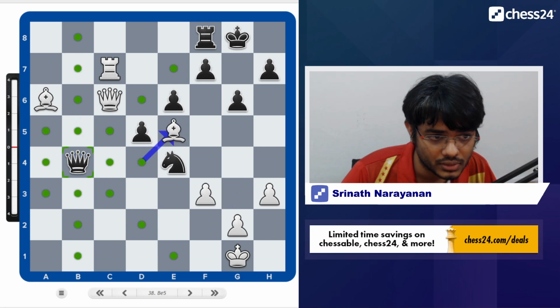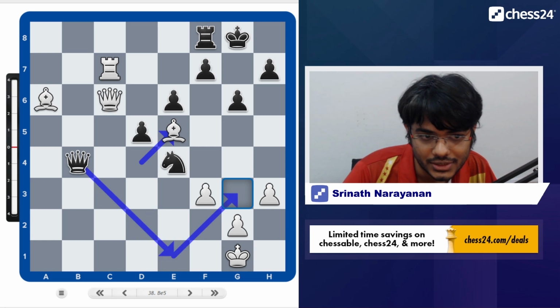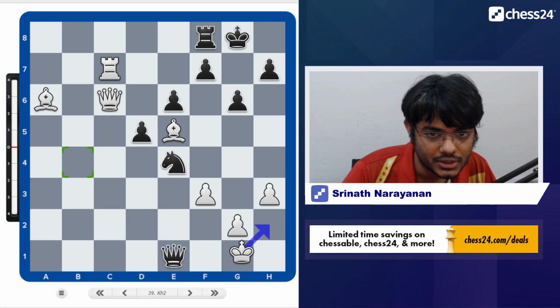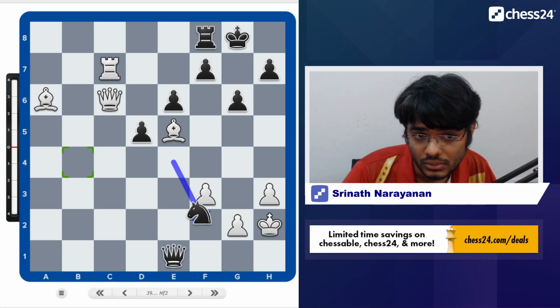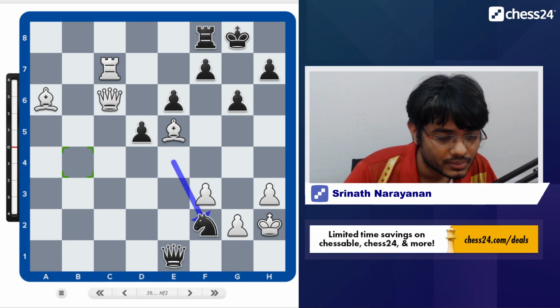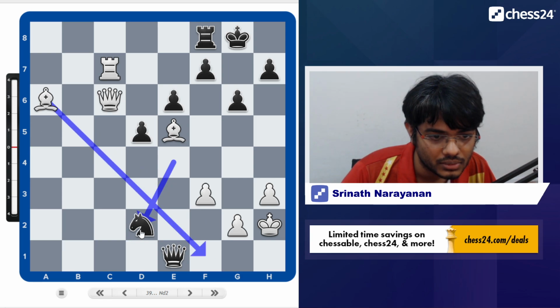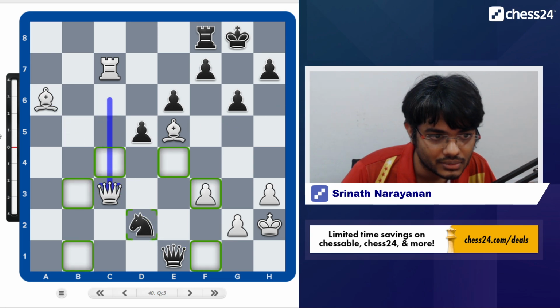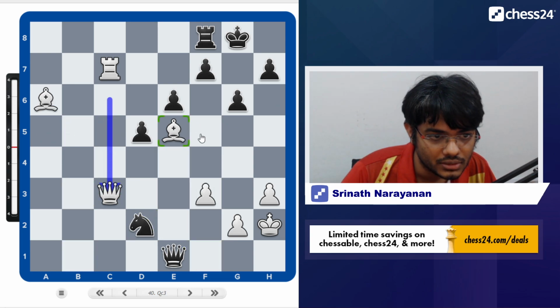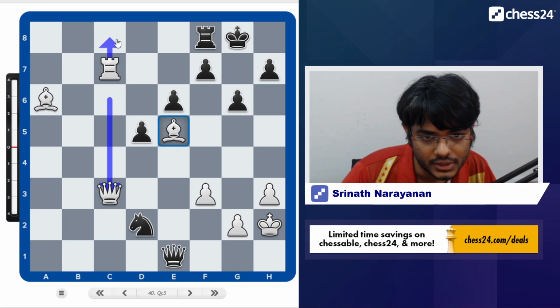Bishop e5 takes control of the g3 square, so black does not have this queen e1, queen g3. And after queen e1 check, king h2, knight f2, black does not really have any threats with knight d2 because the f1 square is covered by the bishop on e6. So white can just play queen c3, defending the e5 bishop, and threaten rook c8 with everything under control.